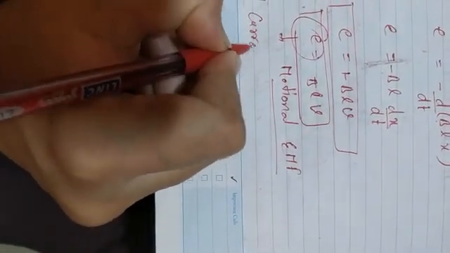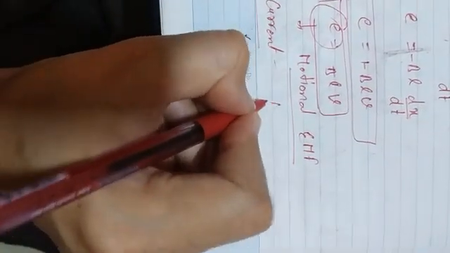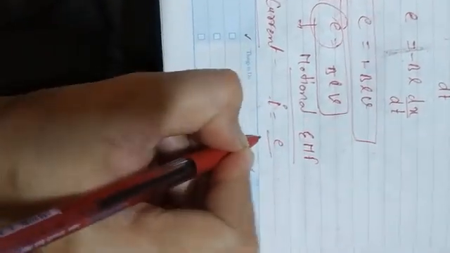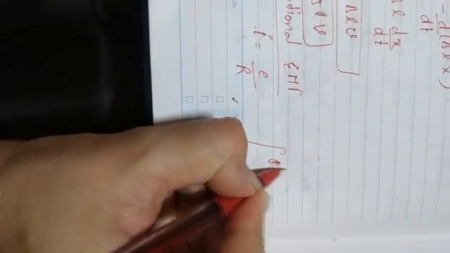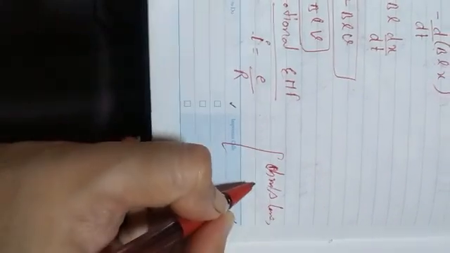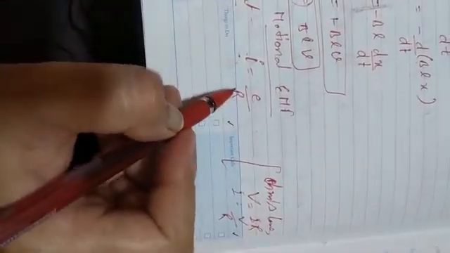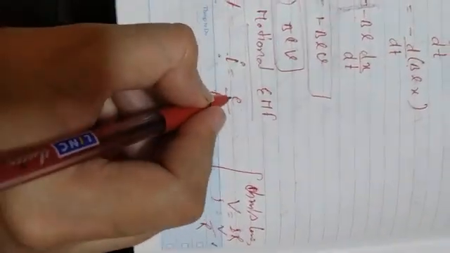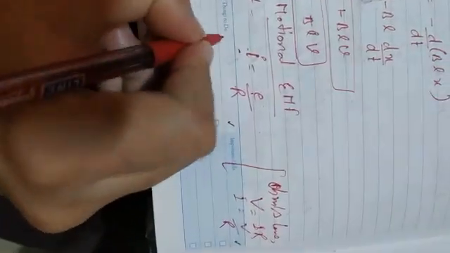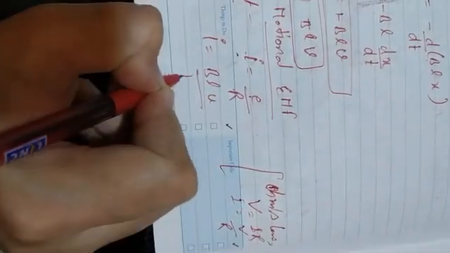Now how can we find the induced current? Induced current I equal to E by R. As we know, by Ohm's law we can write I equal to V by R. What is Ohm's law? Ohm's law: V equal to IR, then I equal to V by R. From this relation we can write I equal to E by R, because the EMF is also the potential, same. So put the value of E from that relation, then we can write I equal to BLV by R. It will be the induced current.